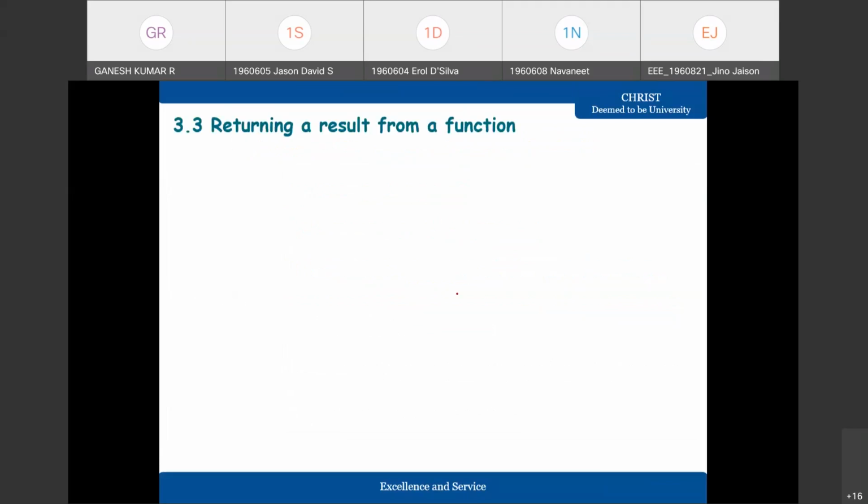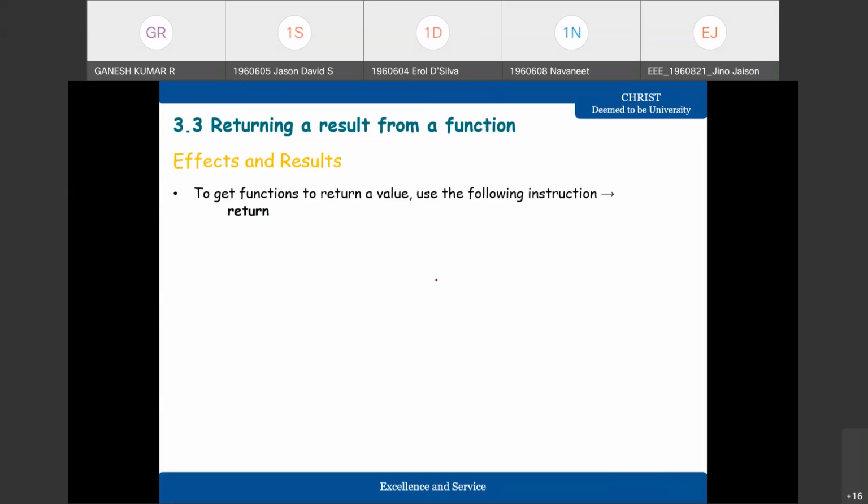Why is it required? What is its necessity? All the previously presented functions have some kind of effect, which means input is provided, they manipulate it, and they produce some text and send it to the console. Of course, functions like other mathematical relations also manipulate the results and display them.